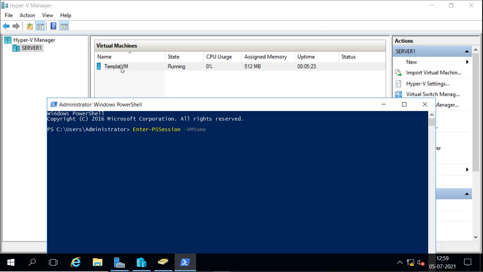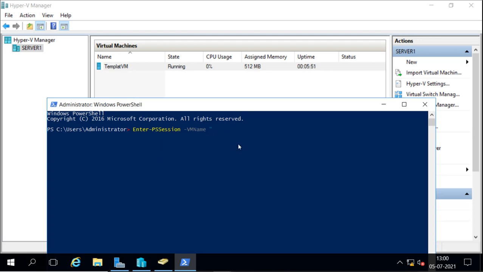So we have to mention this name here, not core, which is the name in the configuration of that virtual machine.